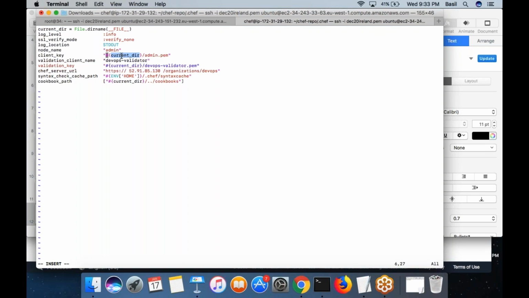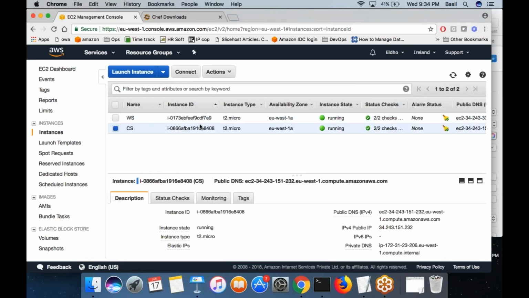So inside the .chef folder, I already have copied admin.pem from the chef server, and the validator client name is nothing but DevOps validator. And you also specify where exactly the key file is located for the DevOps validator organization. And this is the chef server URL to which my workstation wants to connect. Replace the IP address with the actual public IP of your chef server, of course.